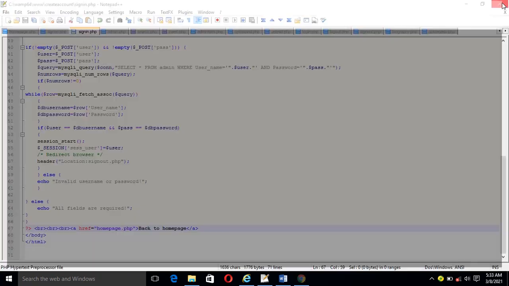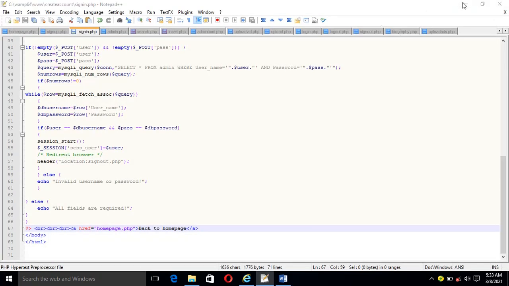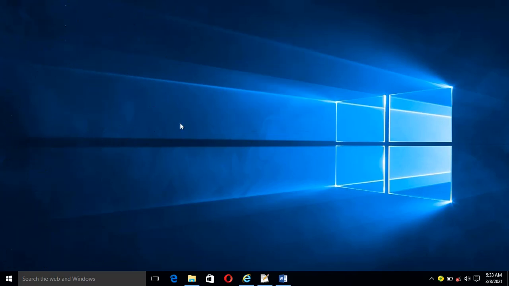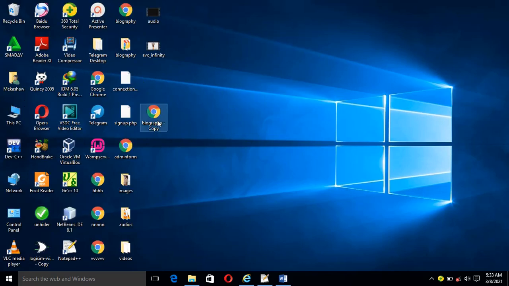First of all, let me close this. You can open any browser to search any website from the server. For example, the browser I usually use is Google Chrome. Let me open this browser.